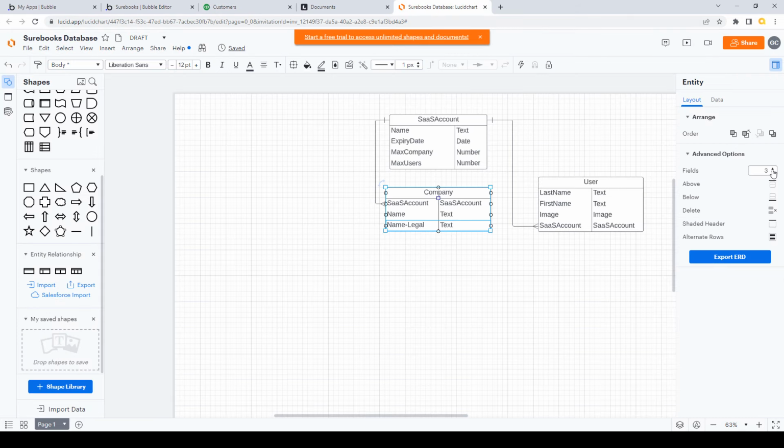So let's increase our fields by a good few. So we've got our company number. Make that text as well,